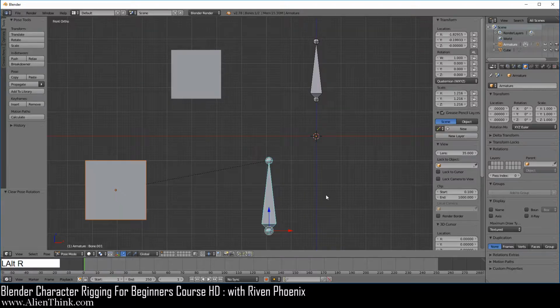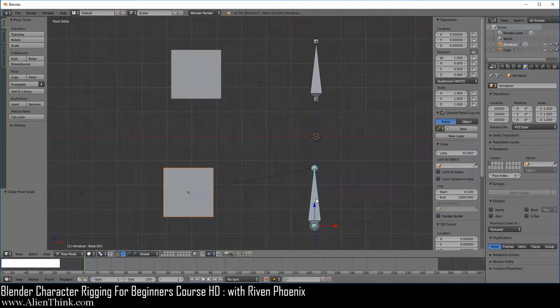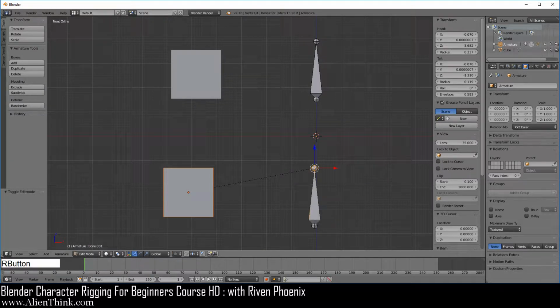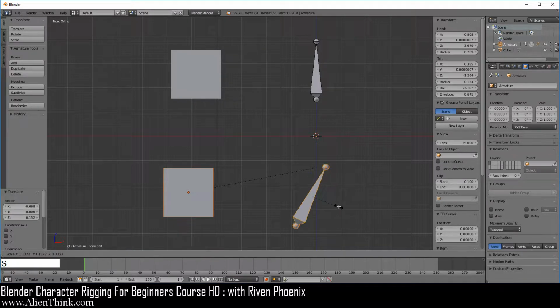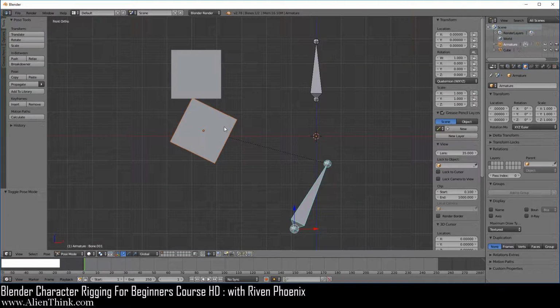Now do Alt R G S to reset this bone. Now notice that when we have this bone selected and when we switch to edit mode, if we click on the tail of this bone and do the same thing, press the R key to rotate and click on the body, press the G key to move, press the S key to scale, the child right now is not changing. But as soon as you switch to pose mode, the child will change, right? Because it's always going to keep that relationship with its parent.